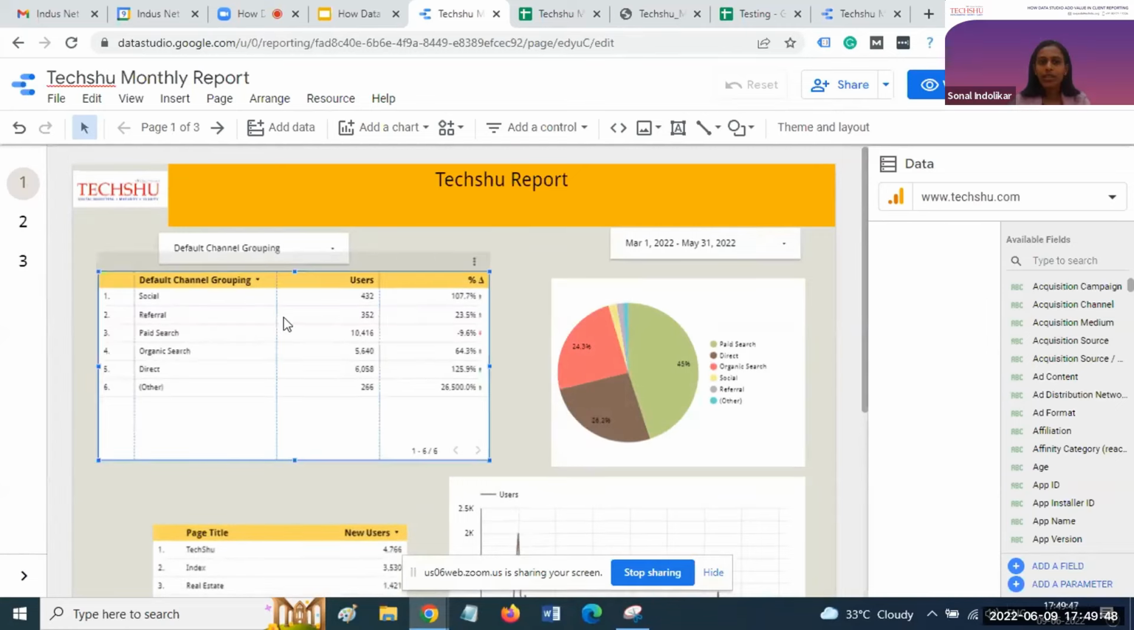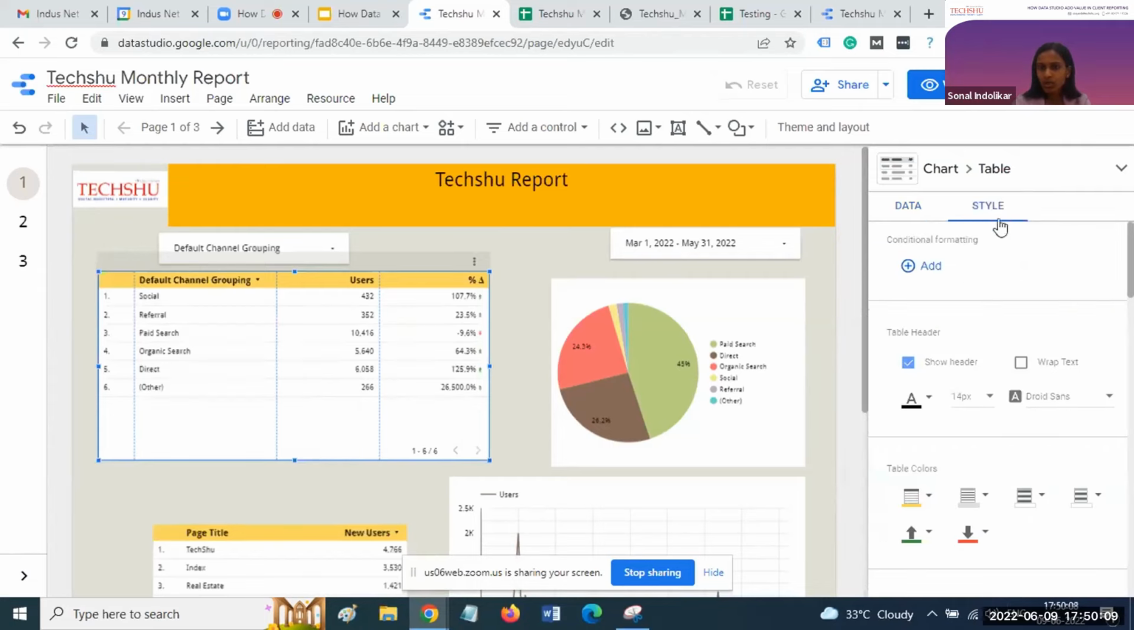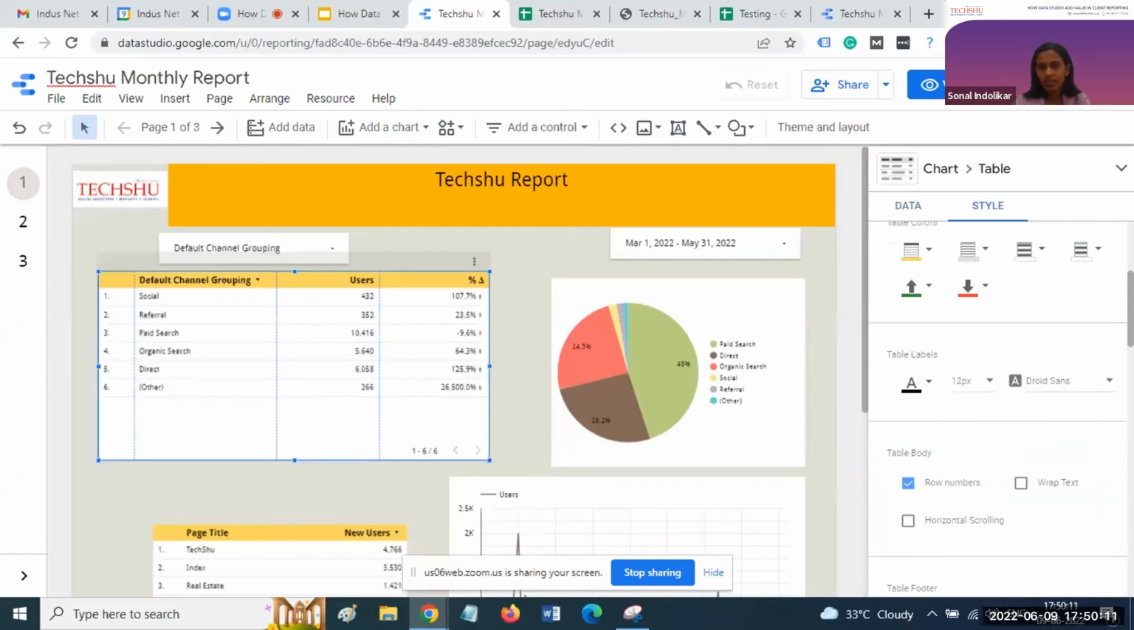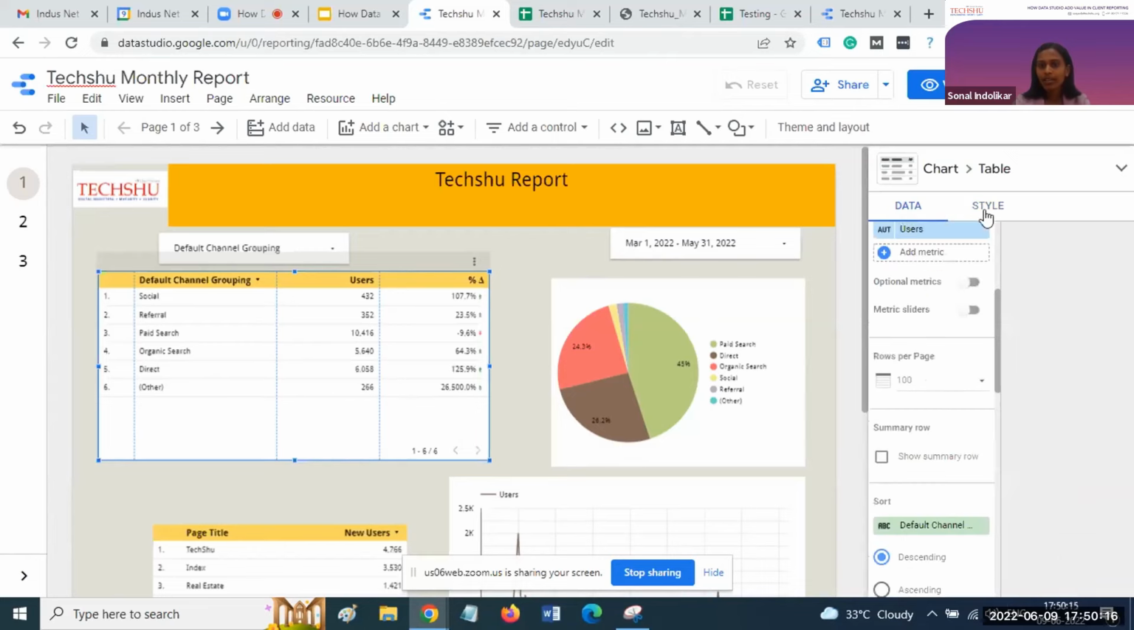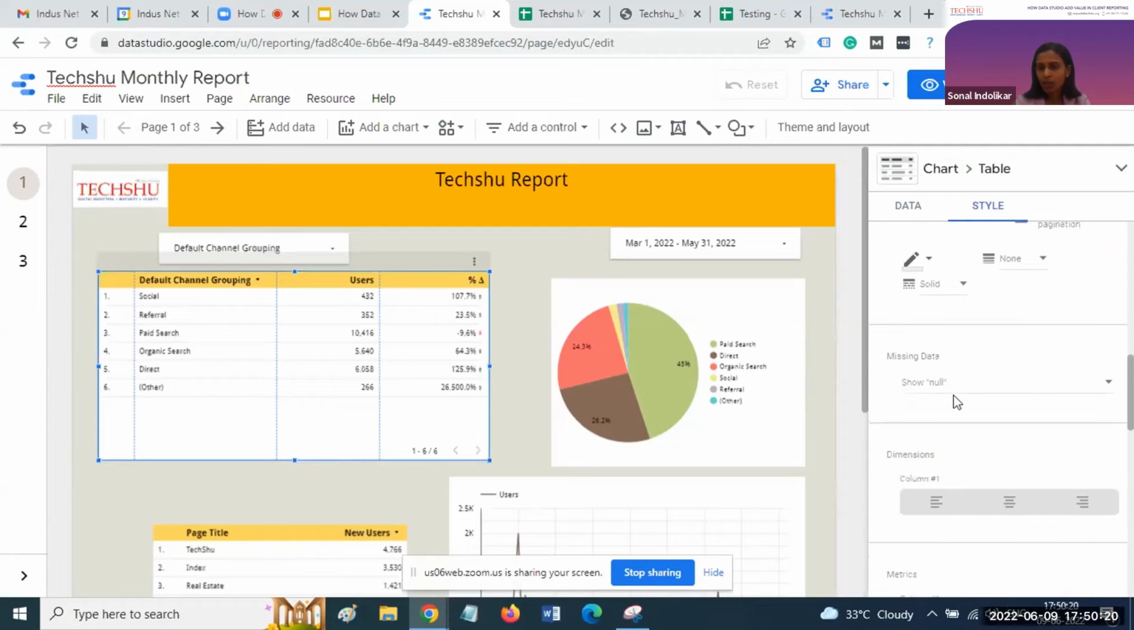Okay, now if you want to add conditional formatting for your tabular format report, for that also Data Studio has provided multiple options. For example, for this user related data, if you want to give color coding, I'll go to the right hand side panel. They have an option called data, and another option called style. In the style section, they have provided the option